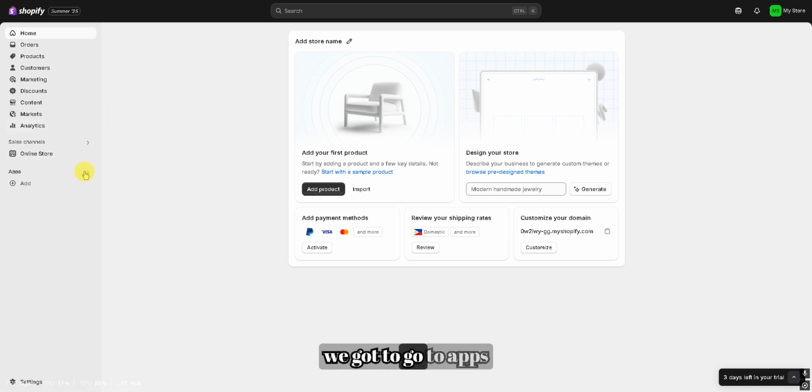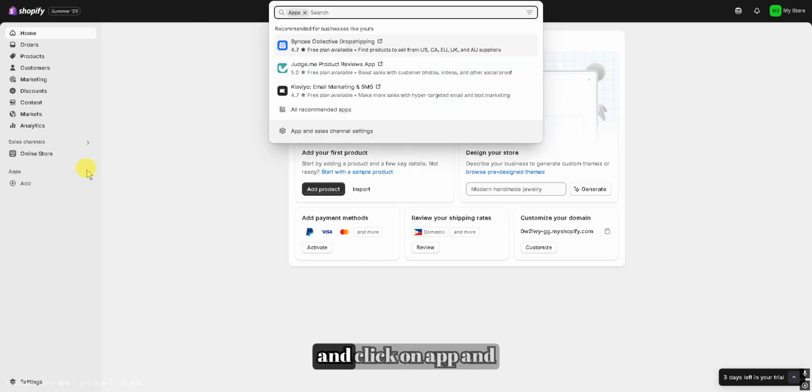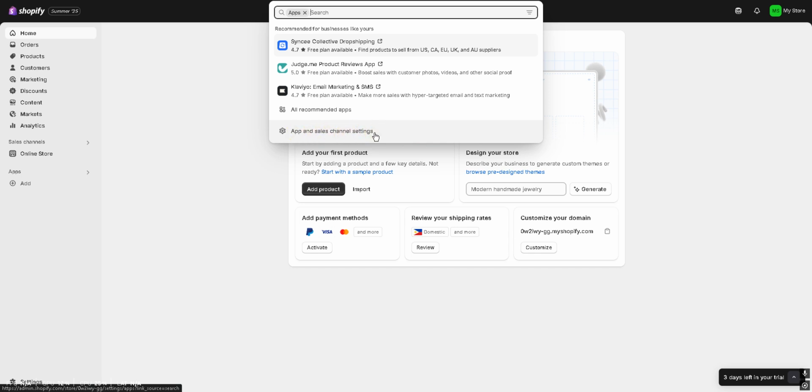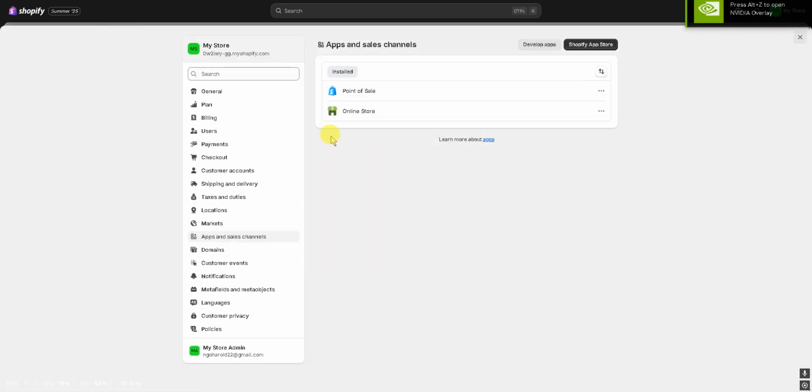So first thing, we got to go to apps and click on app and sales channel settings. Now from here, just click on develop apps